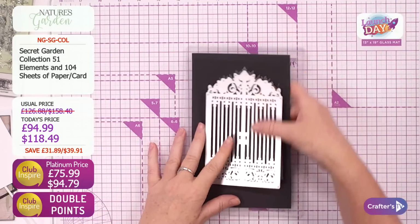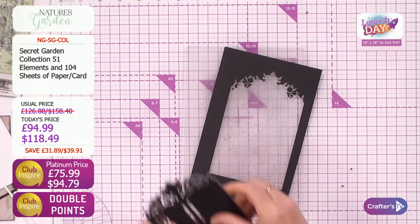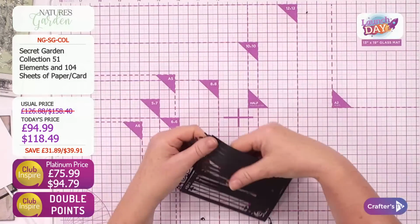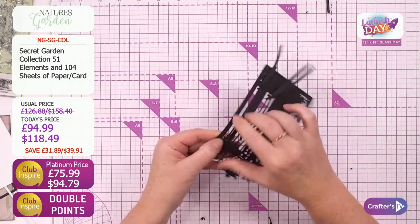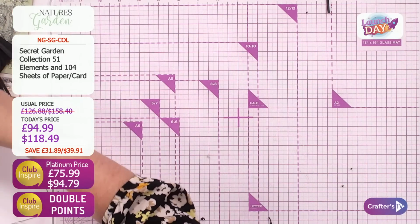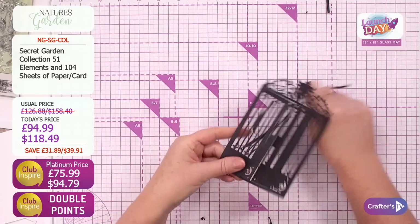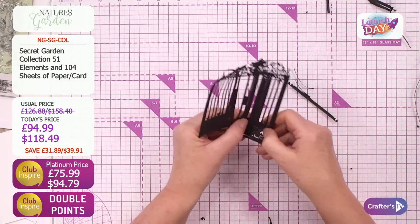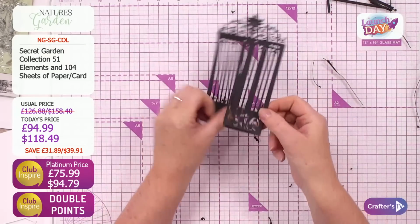So pop in that one through. I'm just going to give that a little tap, or a big tap. Gets most of those pieces out. So I'm just going to bend that forward so all of these will just come out. But rather than pull all those bits out, I'm going to show you what I've done. So, oh no, we want this one because I want to show you how to do it rather than what we've done. So I will just take those pieces out, and all these pieces here, these bits at the bottom